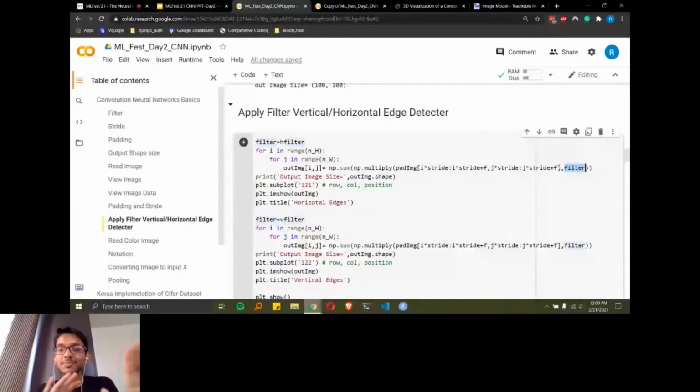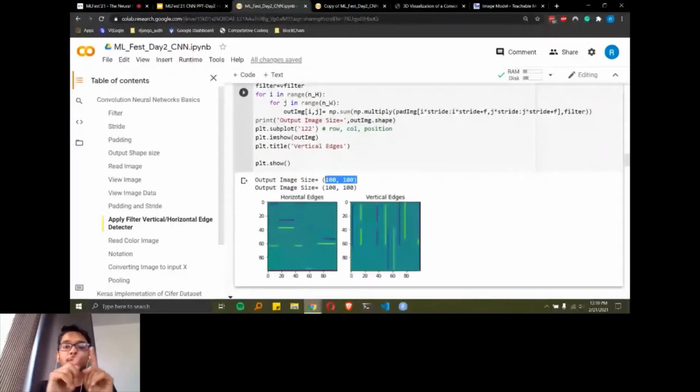So it sounds a bit tedious, but what you can do in Colab is execute it with any of the available images you have, and you will see the results, and they are very awesome. Okay. So this is the output image shape. The output image shape is 100 by 100 because we had implemented padding, so it retained the shape which it had originally, 100 by 100. So you can correlate the concept over here as well.